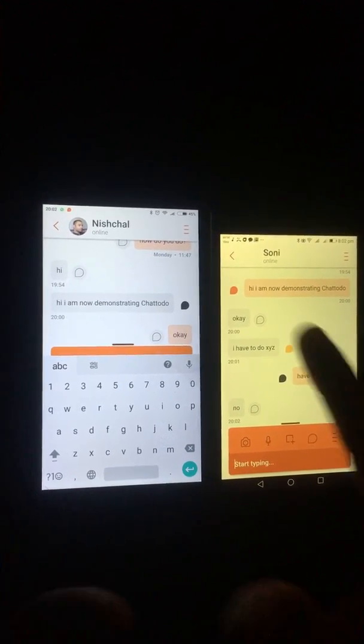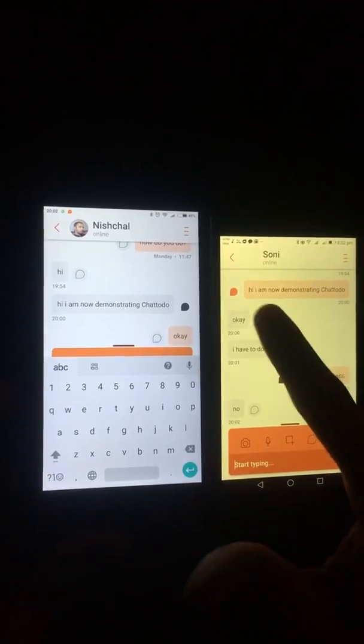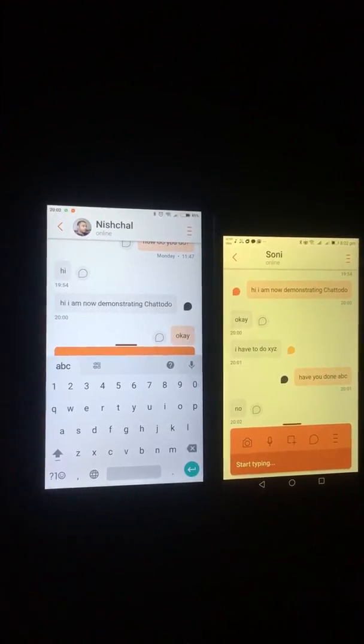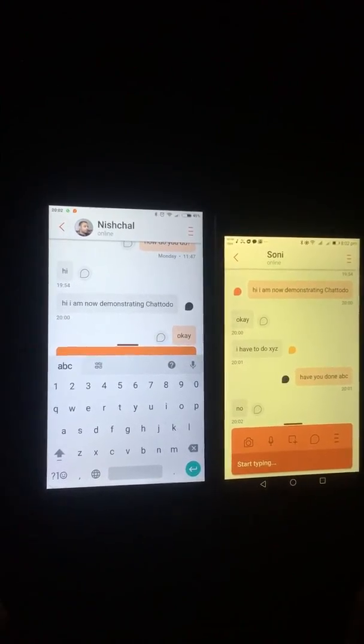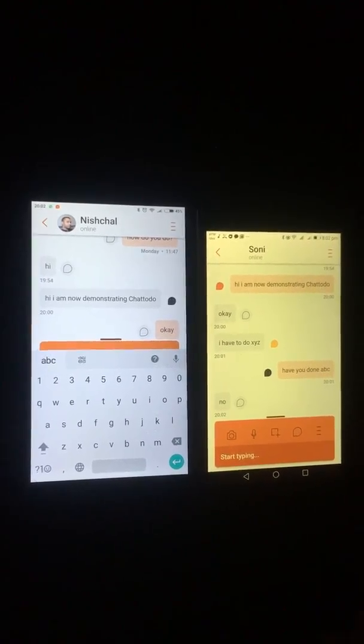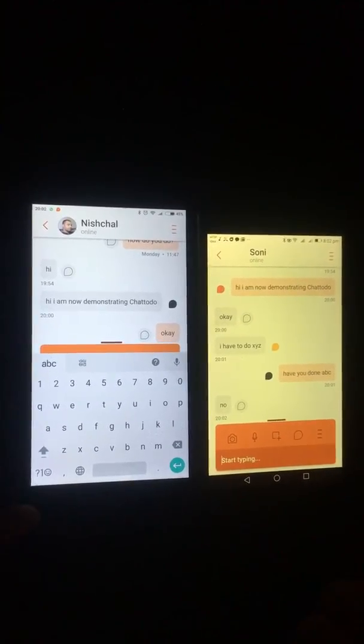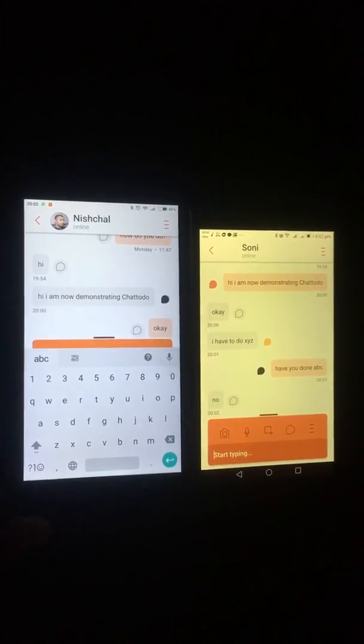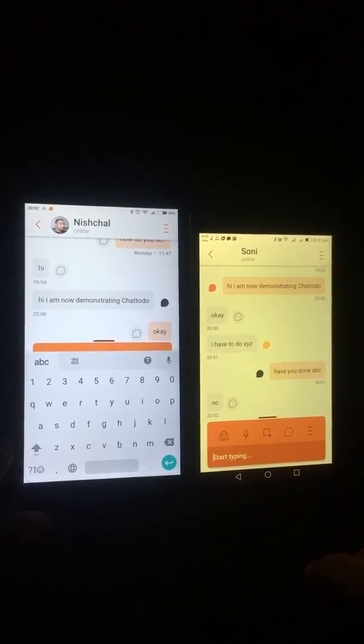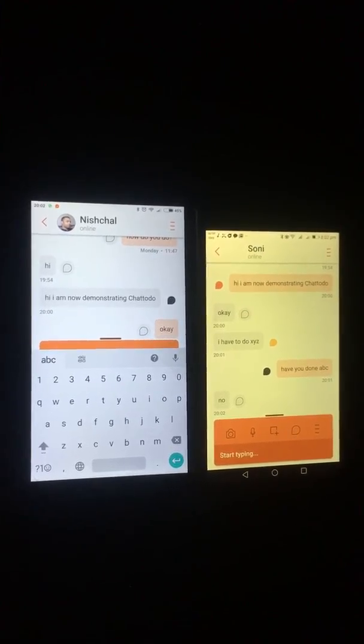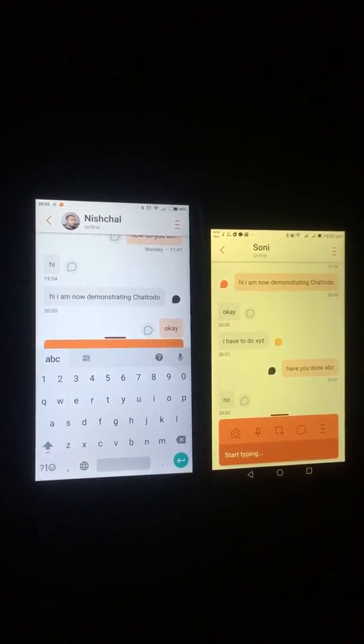So everything that is this orange means it's myself to-do. And if it's black, it means the other person has assigned to me. And if it is yellow, then it means I have nothing to do with it. It is the other person who has assigned it to himself.